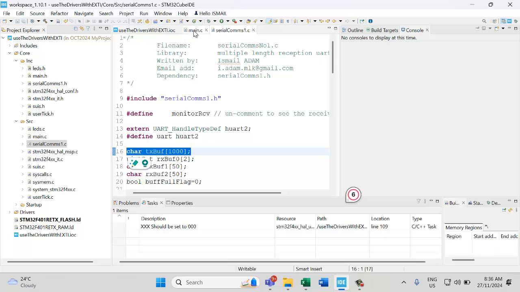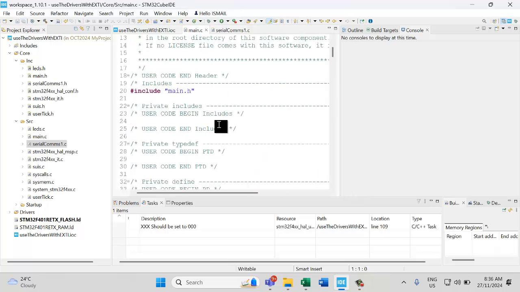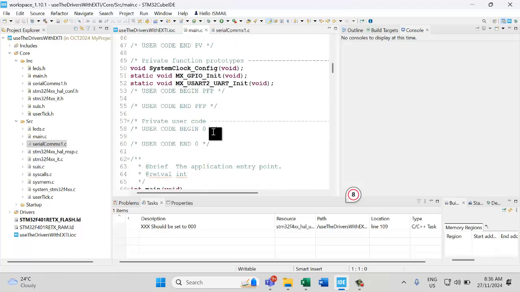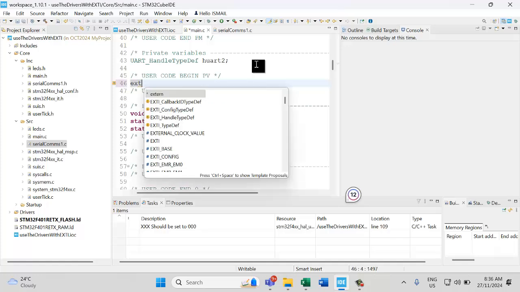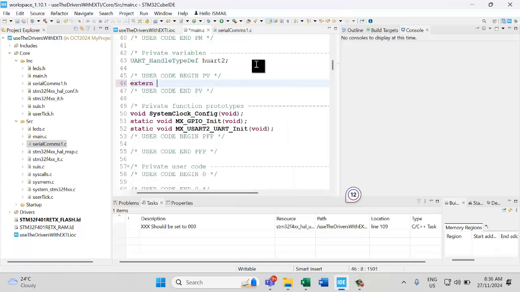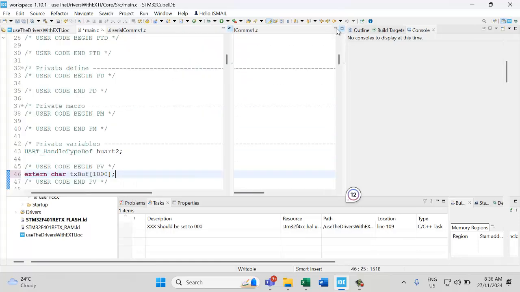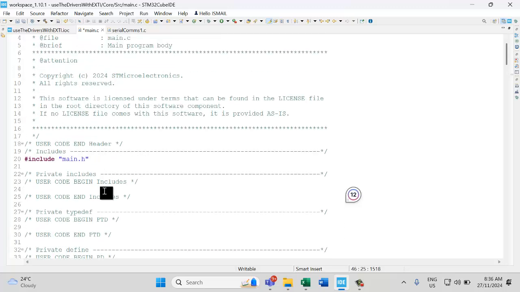Then go to main and place it in the PV, private variables, for global as external. Then after that, include all the files. The first one is include, Control space, double quote, usertick,